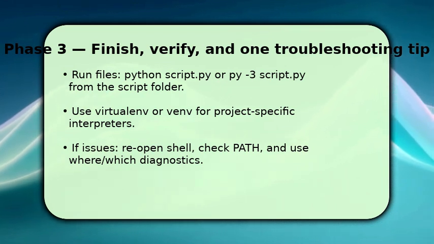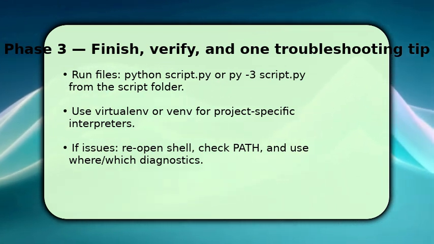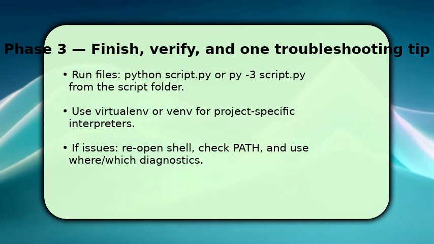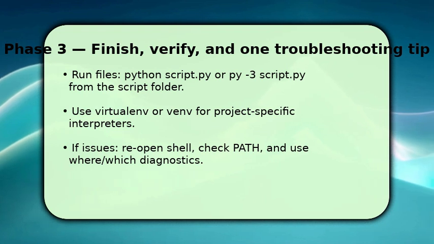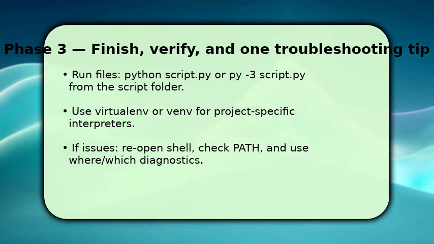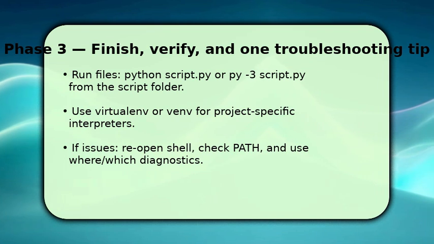Make sure file associations won't block execution. Use full paths if needed. If something goes wrong, first reopen the shell to pick up PATH changes, then run where python or which python to verify the correct executable. Key troubleshooting tip: verify PATH and